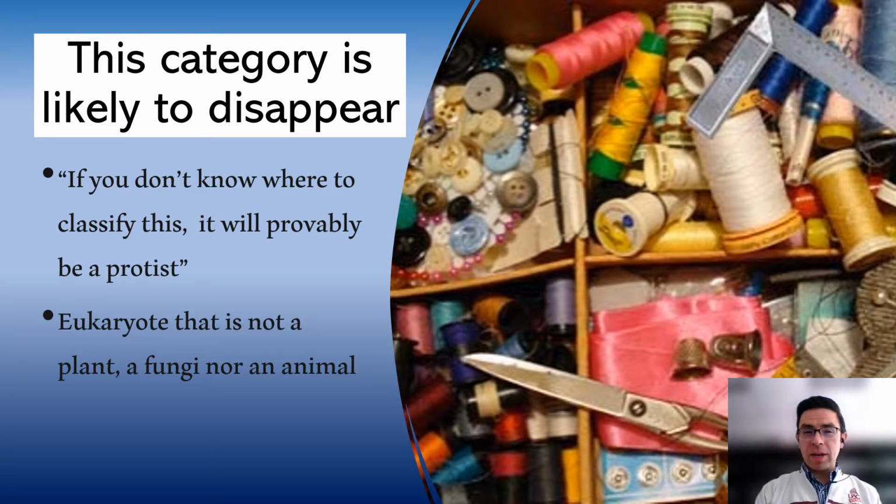There's a kind of practical joke between biologists that says that if you don't know where to classify an organism because it has many properties from other groups like plant, fungi, or animal, you could probably classify it as a protist. We can have many different organisms grouped here, and it's most likely to be a category that will probably disappear in the near future,